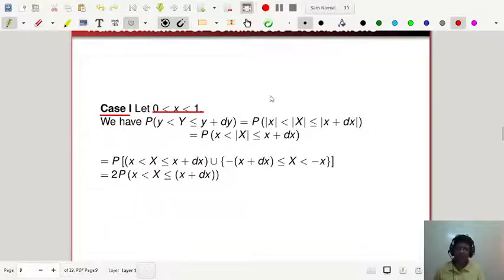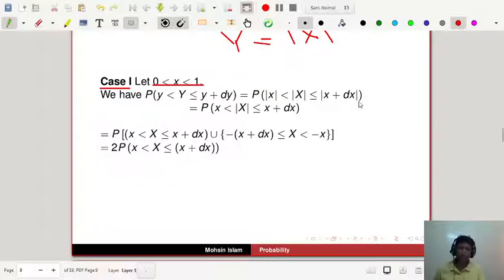And y is your mod x, right? Y is your mod x. This is in random variable. In real variable, small y is equal to small mod x. So you transform, and in this case x is positive actually. In this case x is positive,